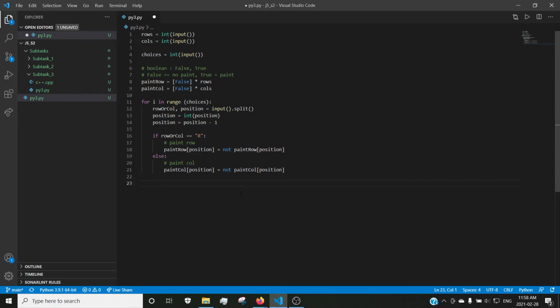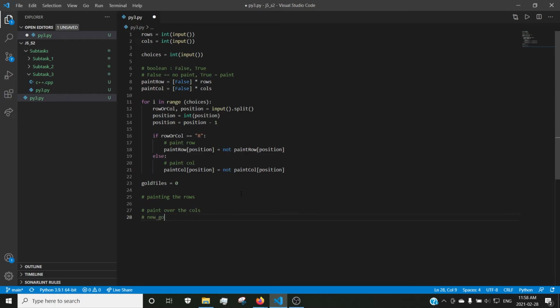let's work on calculating the amount of golden tiles that are currently in the grid or the canvas. So we're going to create a counter here to keep track of how many golden tiles we found so far. How we're going to calculate the amount of golden tiles is first we're going to simulate painting over the rows, and ignore the columns at that point. Then once we're done painting the rows, we're going to paint over the columns, and we're going to use the formula